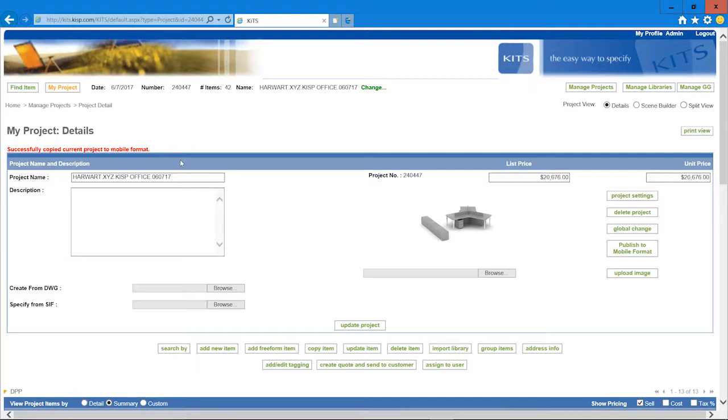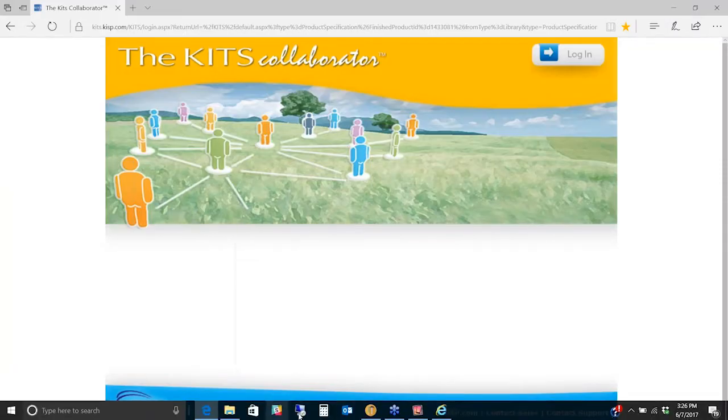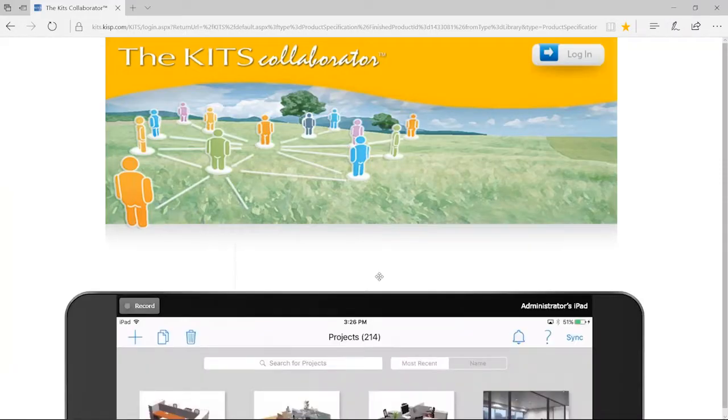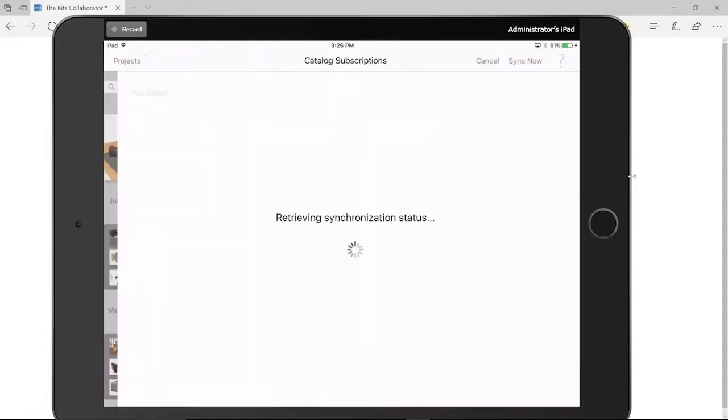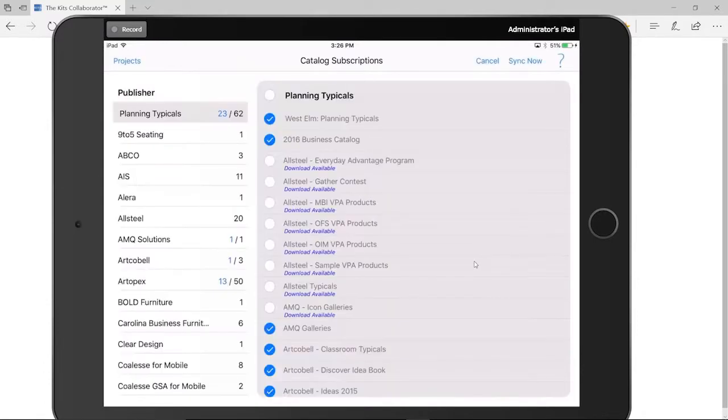All right. So now that that's done, we're going to go ahead and visit our Kits mobile tool on our iPad, and I'm just going to open it up. And there we go. Okay. So I've just shared that project to my tool. Because my tool has already been open, I need to connect to my cloud. So I'm just going to tap on the sync link. That is going to access anything that has been updated on my cloud